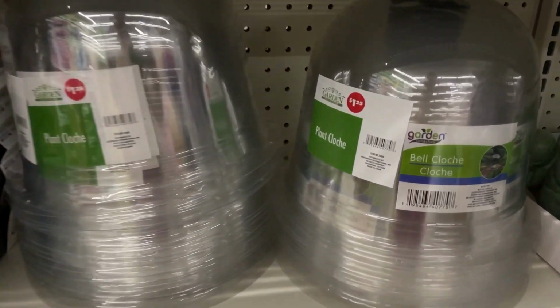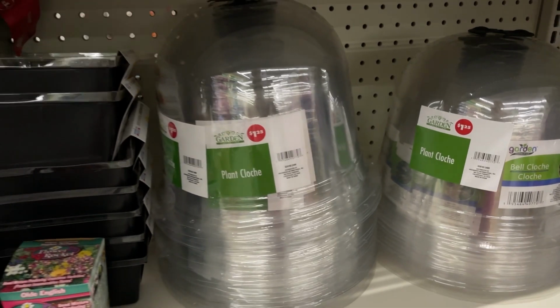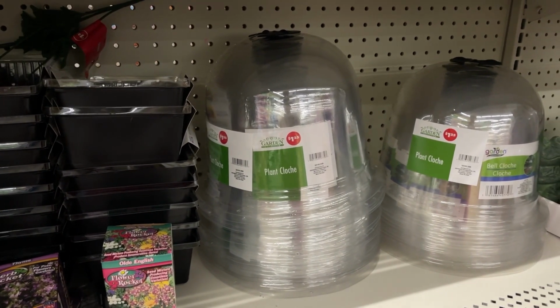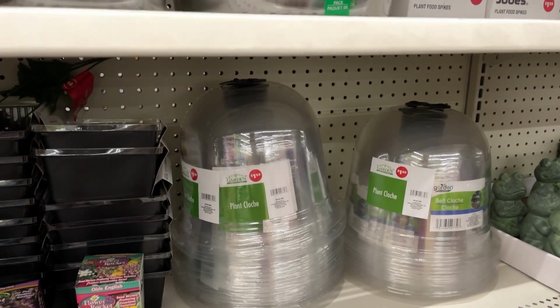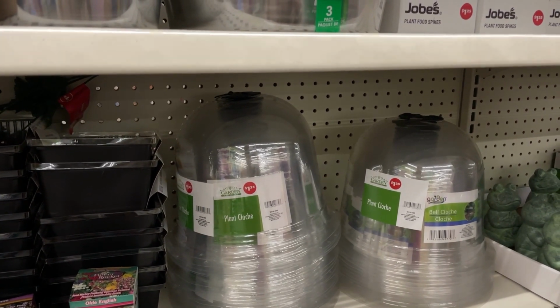This is something I haven't shown you yet, but I'm actually growing lettuce. I've been growing lettuce all winter with these little domes. I actually started it without these little domes, and I added these in early January, the second I found them at the Dollar Tree. These little domes are $1.25 each, which personally I think it's fine, but a little bit